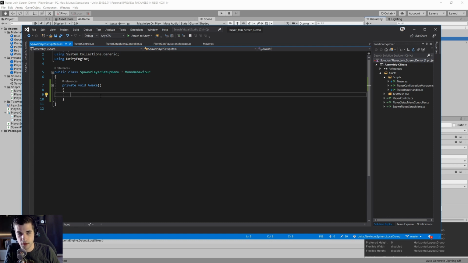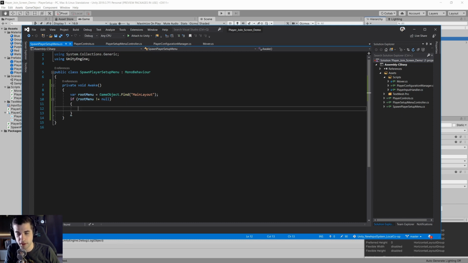So we'll just call it var root menu equals game object find main layout, make sure it's spelled correctly to whatever you named it, and then if root menu does not equal null,